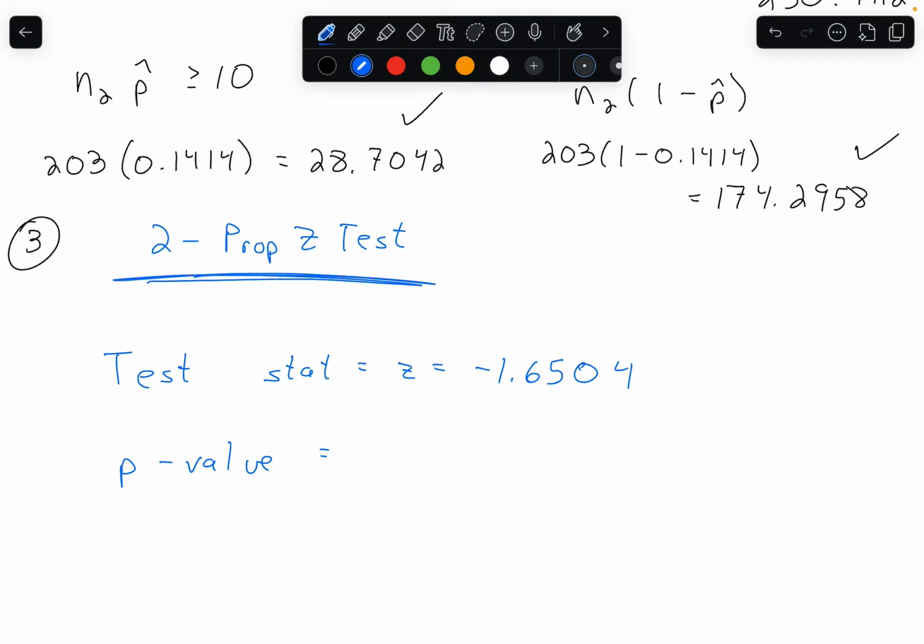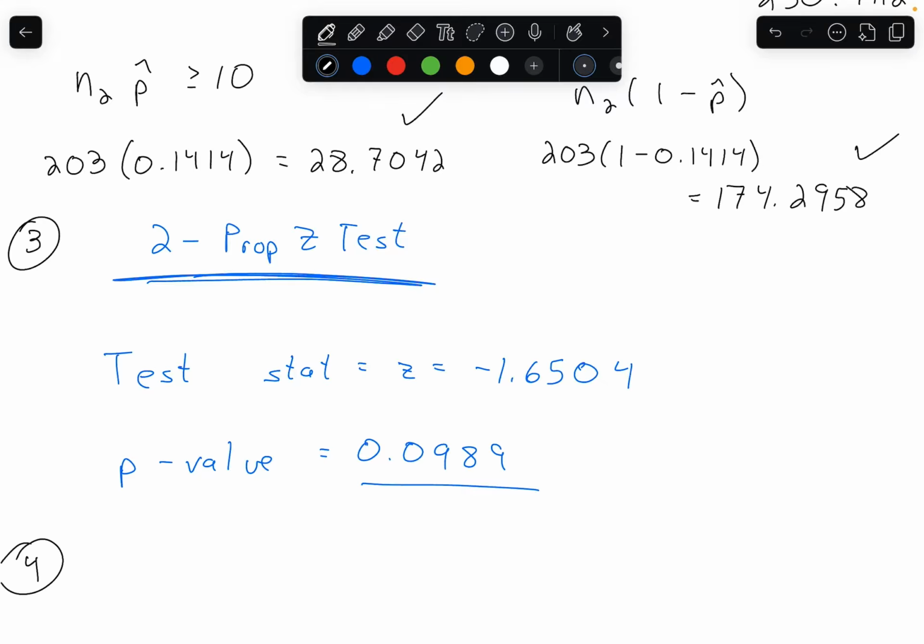Our p-value this time around is 0.0989. So there is our p-value. These are the 2 things that I'm going to be looking for. These are generally the 2 things that are most helpful for us towards the end of our hypothesis testing problem. So that's wonderful. We have our test statistic, we have our p-value, we have everything we need to make our